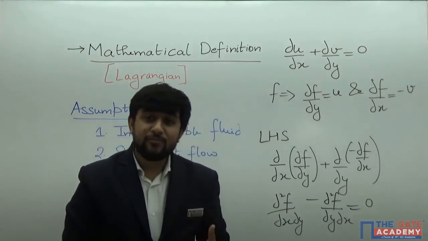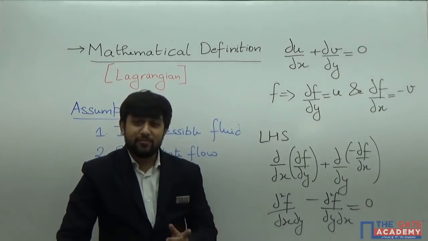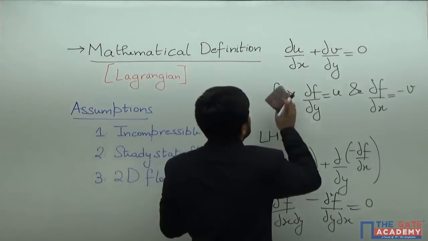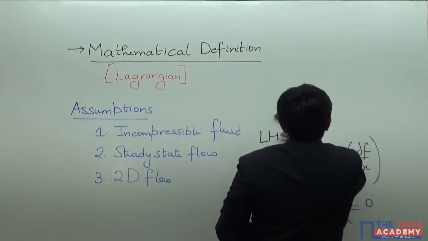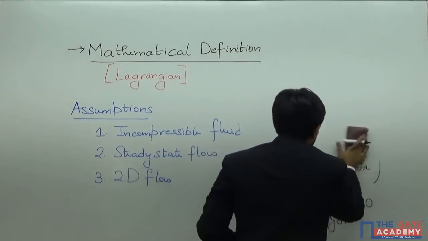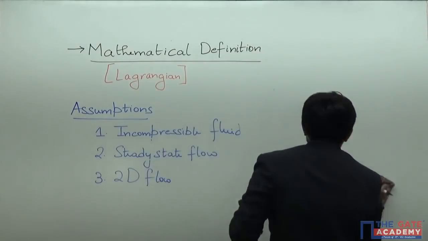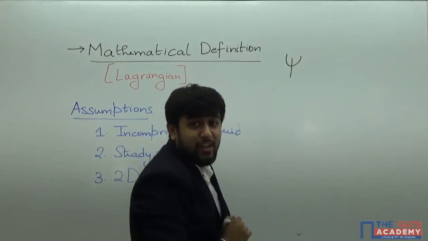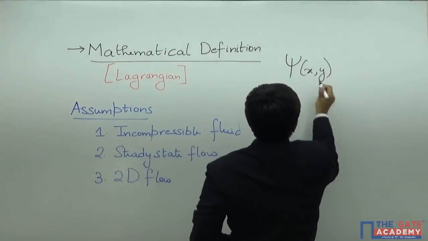This means that the scalar function f will exist. Now this function f, we call it the stream function, and we shall write it as psi. Okay, so from this mathematical analysis, we can say that whenever the flow field is going to satisfy these assumptions, then there exists a scalar function psi, which is a function of x comma y, such that